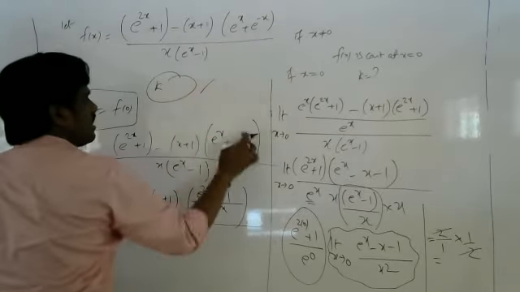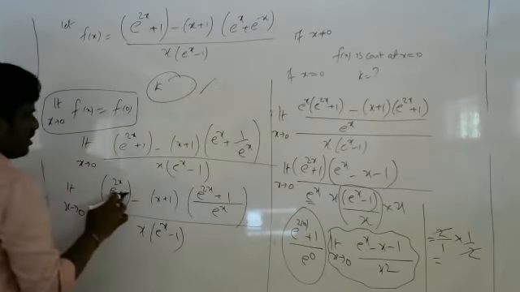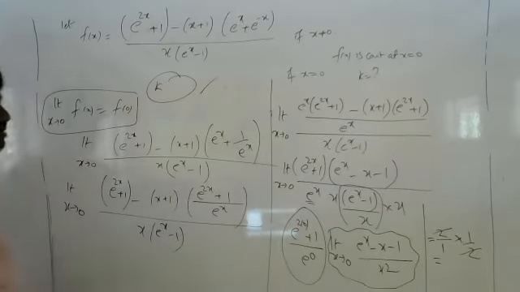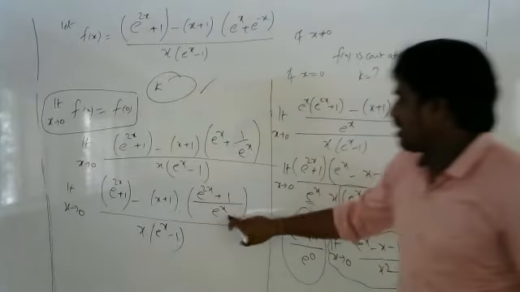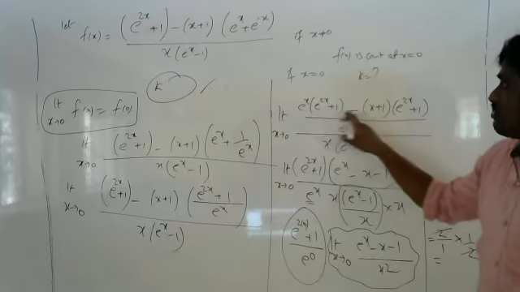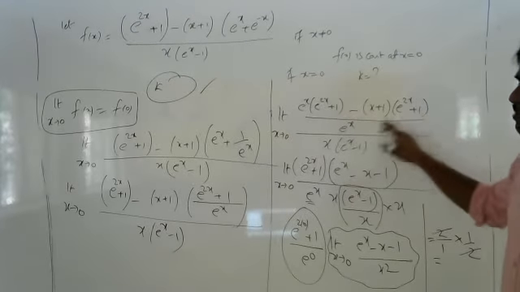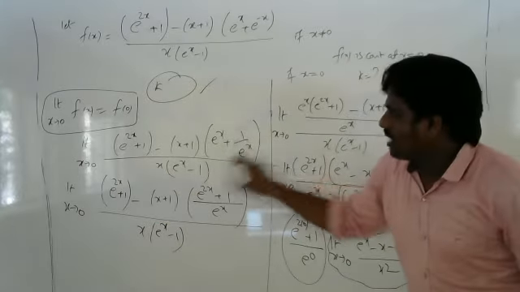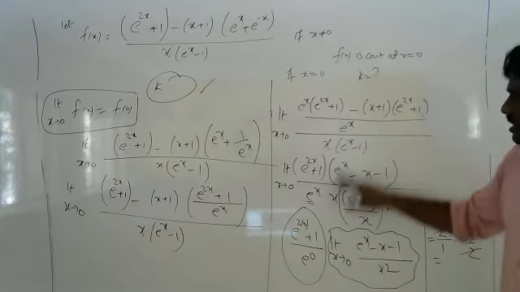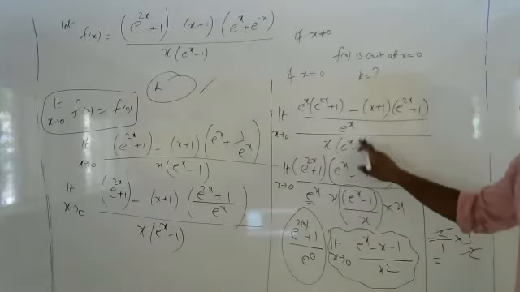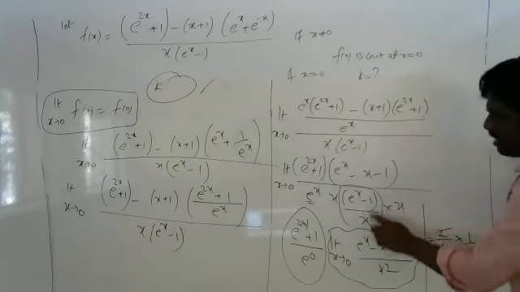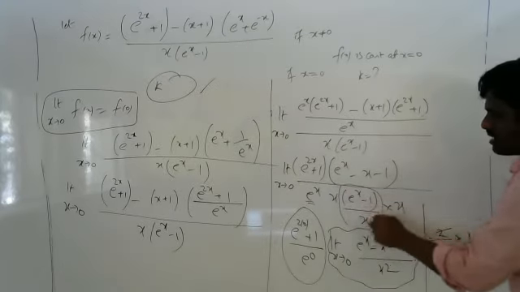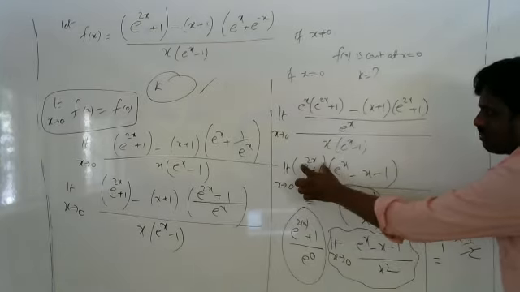This e power minus x I can write as 1 by e power x, and here we are doing LCM. E power 2x plus 1 minus, here we did LCM. Then this will be multiplied: e power x into e power 2x plus 1 minus x plus 1 into e power 2x plus 1, by e power x. For this bracket the LCM is done. Now for the total, e power x comes down. E power x into this one is e power x minus 1 upon. To make this balanced, we multiplied by x and divided by x. So this e power x minus 1 by x is 1, I got. So this one is e power 2x plus 1.